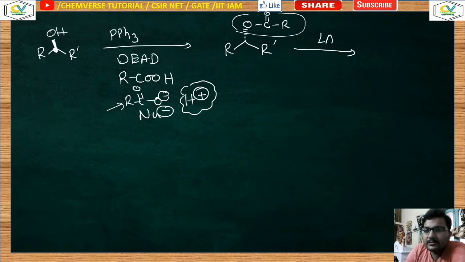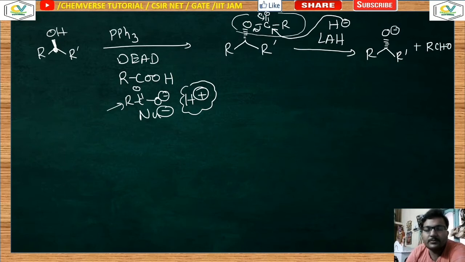Now if you reduce it with LAH, LAH is a strong reducing agent. It can reduce ester, carbonyl, etc. So it's a very strong reducing agent. What it will do, it has a hydride source. So this hydride will attack at this position. This is an electrophilic carbon. It will form O negative, come back, and it will be O minus. So as a result of that, what you are getting is this O negative, and this part is removed from the system. That means the RCHO is removed from the system.